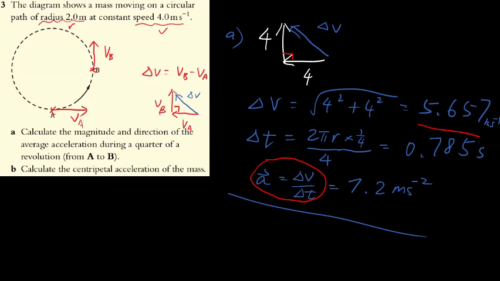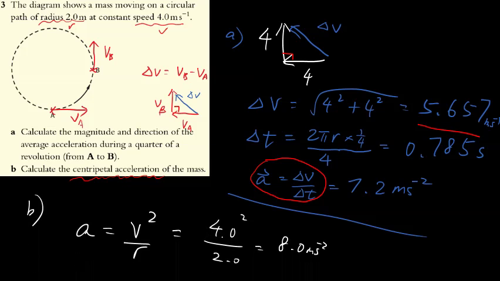All right. Part B also asks you the acceleration, but the centripetal acceleration of the mass. Actually, at any point it should be the same, since it is constant speed and constant radius. Therefore, you just simply look at what you have. Of course, you have 4 versions of centripetal acceleration for calculation, but you choose the most convenient one, which is v squared over r, and you just substitute, and you find the answer is 8.0